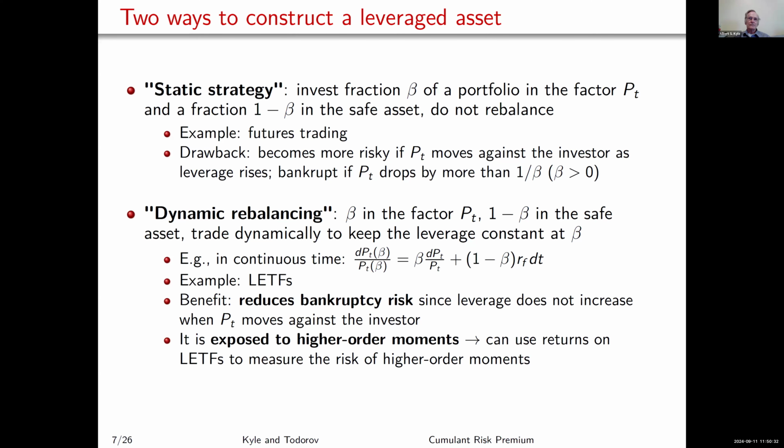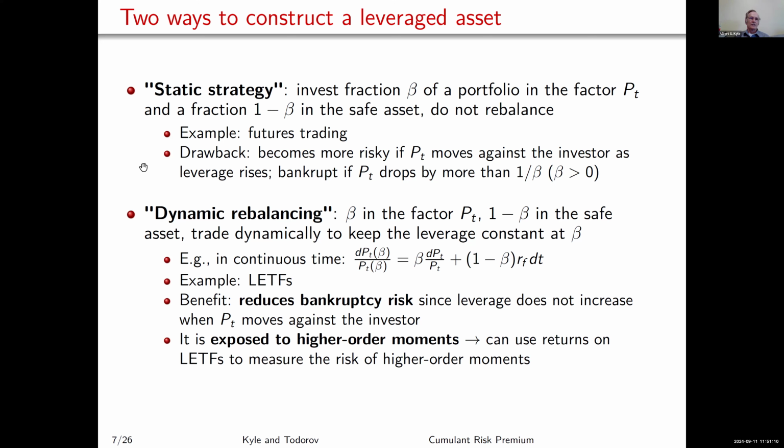The problem here, of course, is that if you don't rebalance, which a static strategy implies, you're either putting money into the account or you're not putting any money in at all. If you don't put any money into the account and you don't rebalance, then you expose yourself to bankruptcy risk because the exposure beta of your position will be changing. If you go long and lose money and you don't rebalance or put money into your account, your beta starts skyrocketing. Eventually it goes to infinity, and you become bankrupt if the market moves against you. If the market moves up, your beta goes down, and if it moves up enough, you start approaching a risk-free asset.